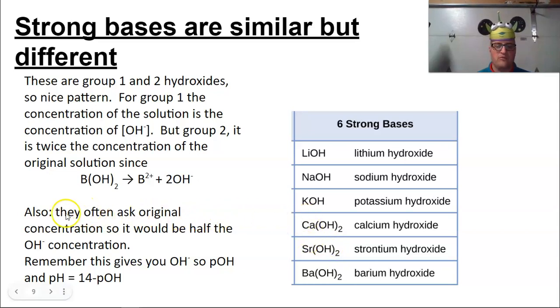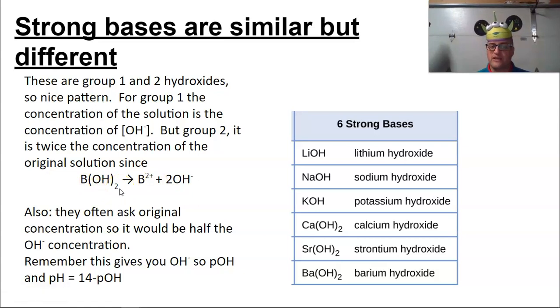So if they ask the original concentration, it would be 1/2 the original. What I mean is that if it gives you a hydroxide concentration of 2 molar, that means the original concentration had to have been 1 molar. However, this is also 1 molar. So it's very simple to get lost, confused, or tricked, as some people might call it, into thinking it's a different amount based upon the separation. And this is not true with